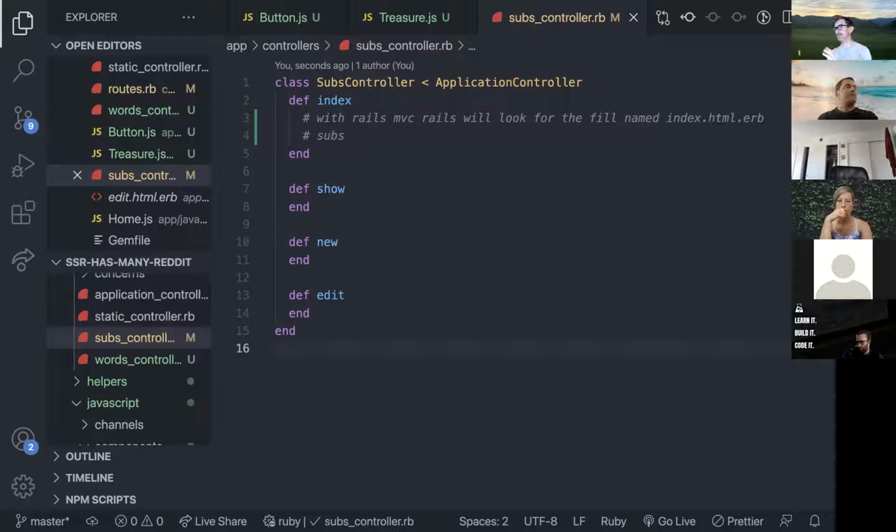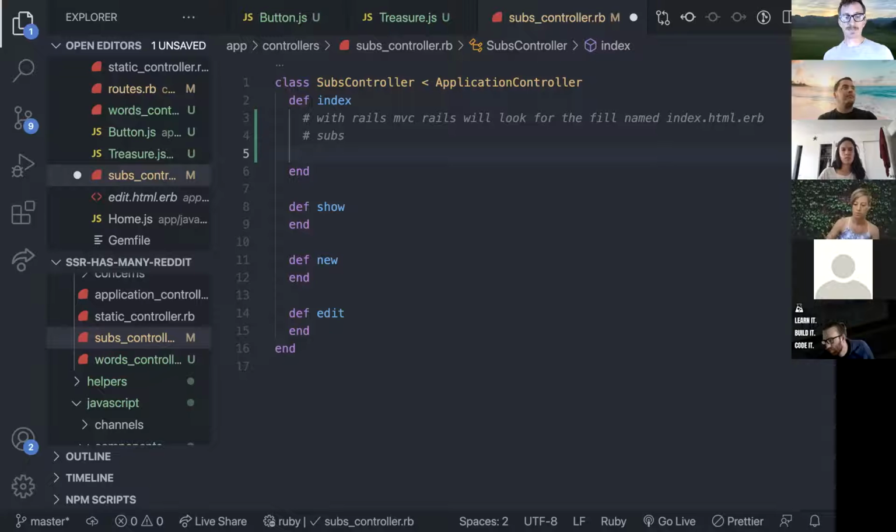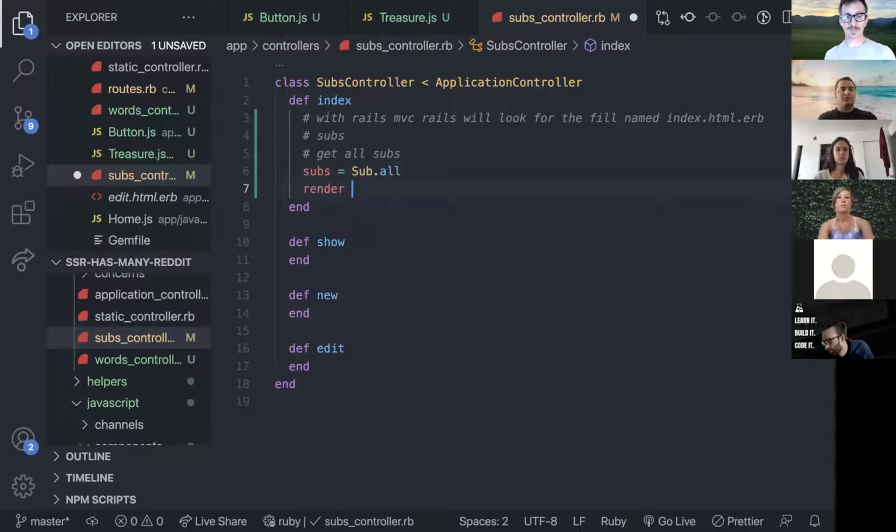Normally, I would say do the index method first and then test it. But let's just go through, like the last couple days. Maybe you're starting to see, hey, this is really repetitive, because it really is. So for our index method, we want to get all subs, right? Well, how do we do that? We do subs = Sub.all. And then we can render. We're going to do this with React, so render component: